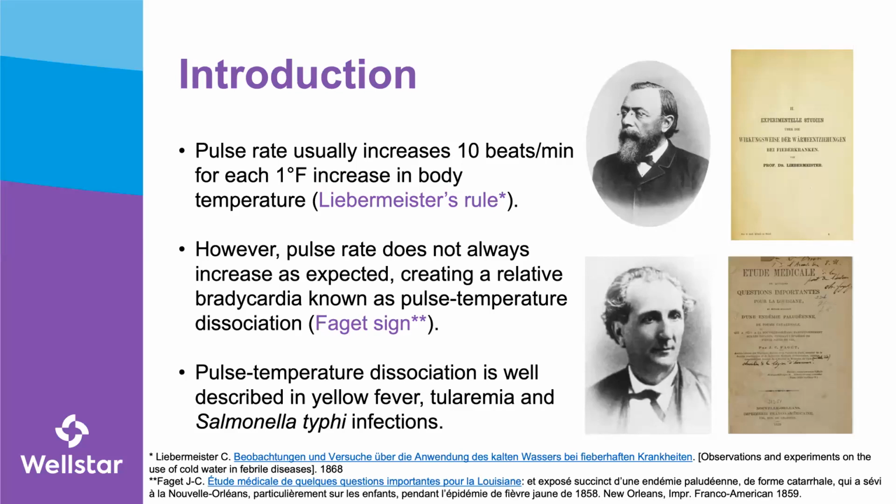Fahrenheit increase in body temperature. This is known as Liebermeister's rule. However, pulse rate does not always increase as expected, creating a relative bradycardia known as pulse temperature dissociation, which is also called Faget sign. Pulse temperature dissociation is well described in certain infections such as yellow fever, tularemia, and Salmonella